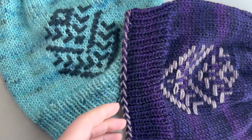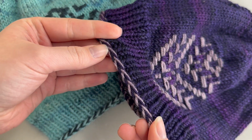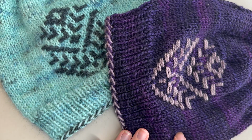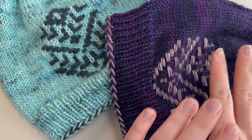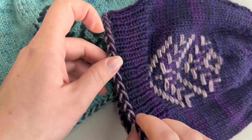In this video, we're going to be looking at how to do a 2-color braided long tail cast on, which is the cast on method I have used in my pattern Elupuu, which is a really nice beanie toque hat pattern that uses this cast on and the really addictive technique roosimine, which I cover in a couple of other